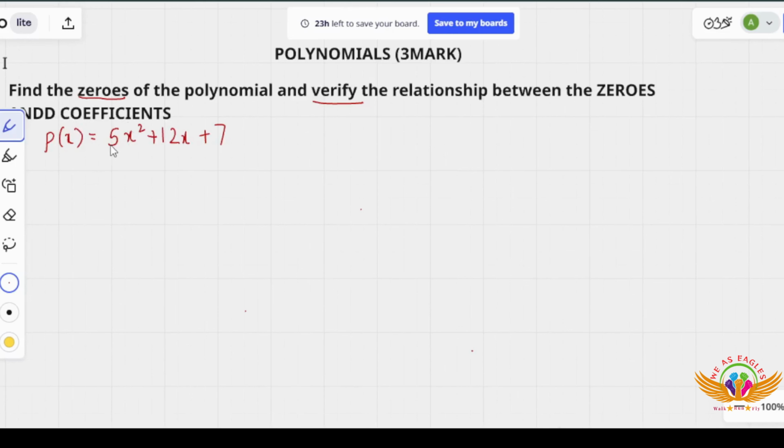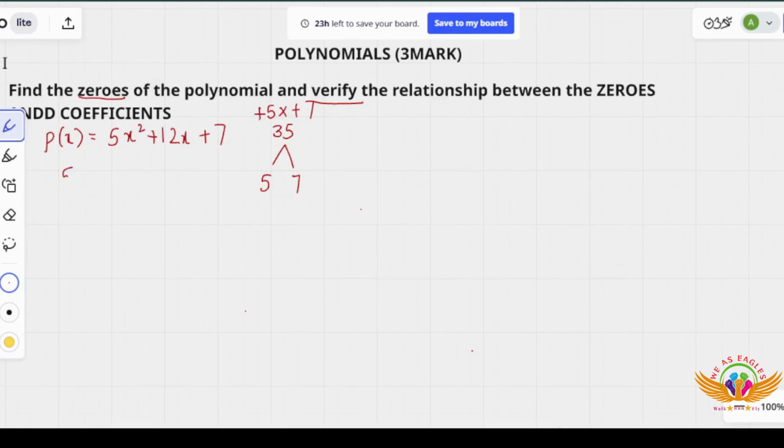Yes, how to do? First multiply plus 5 into plus 7. So plus 5 into plus 7, that is 7 5s are 35, that is plus 35. So I need to find the factors. For 35 I have only two factors, that are 5 7s and 7 5s. So I'm just taking directly 5 and 7, because 5 plus 7 gives you plus 12. It's all plus, so it's very easy, no problem. Yeah, let us see that.